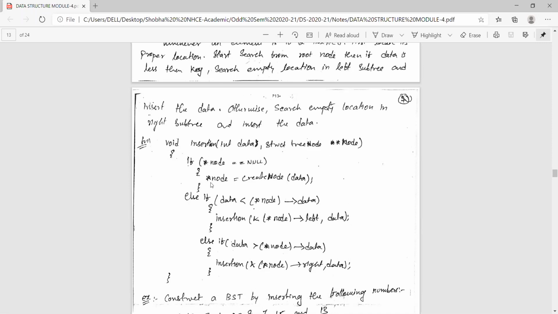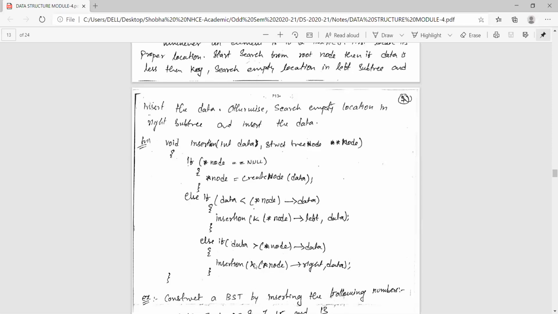If there is already a tree, then you will check whether the data is less than the root's data, or whatever pointer's data. If it is less, we have to move towards the left side. So insert it at the left side, calling the function again. Again in the left position, you will check. If it is again less, you will traverse further to the left as a left child. Otherwise, if it is greater, traverse towards the right child.